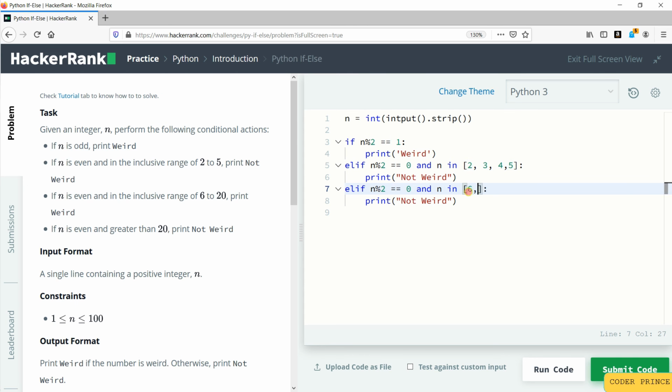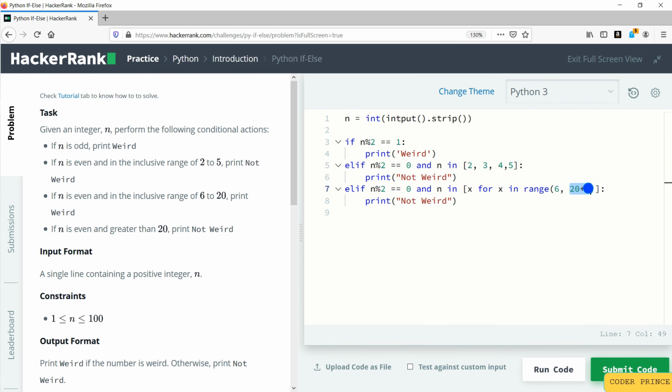So to do that in a shortcut way, you can use a variable x, which is a temporary variable, and you can run a for loop for x in range of 6 comma 21 or 20 plus 1, because the last index is not iterable. That means it checks from 6 to n minus 1.